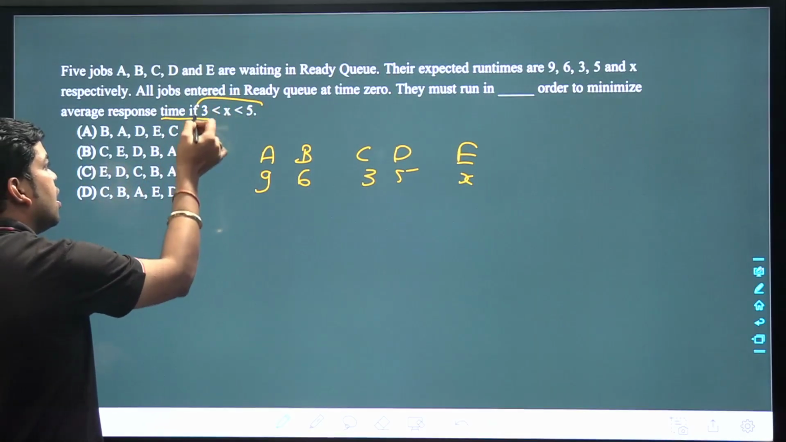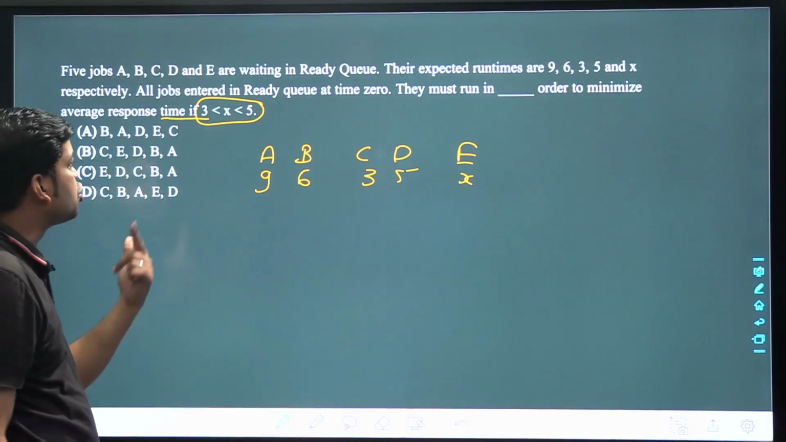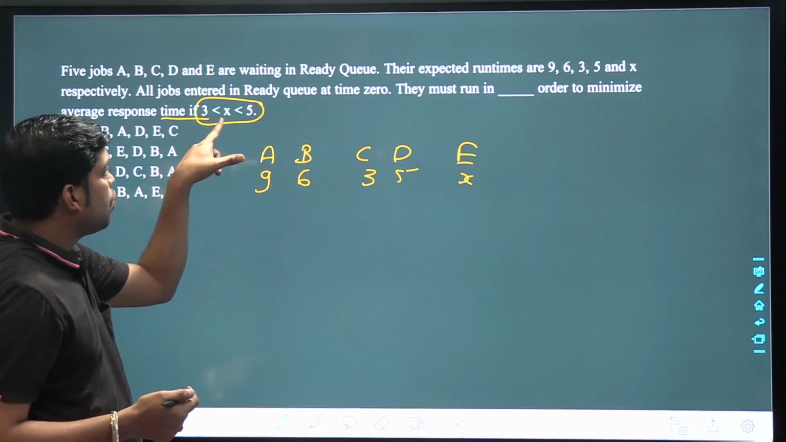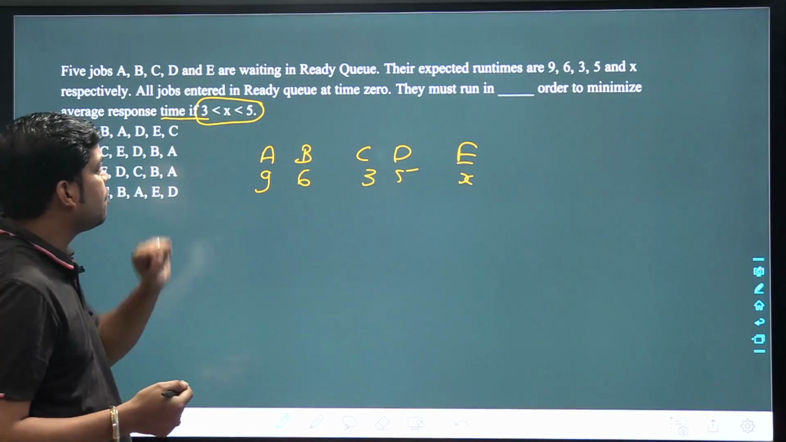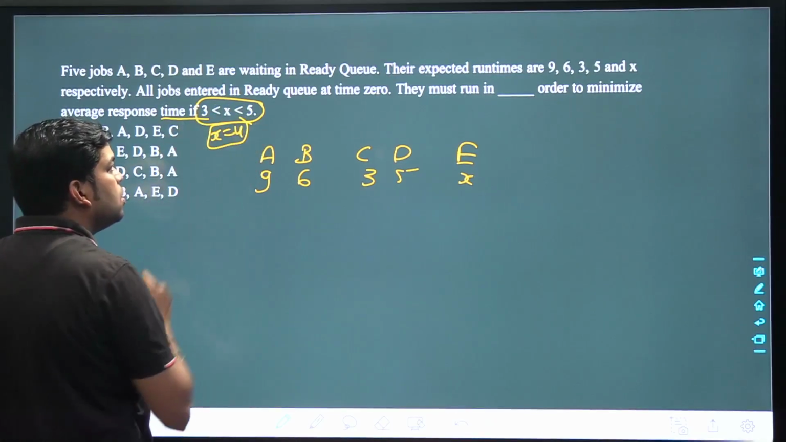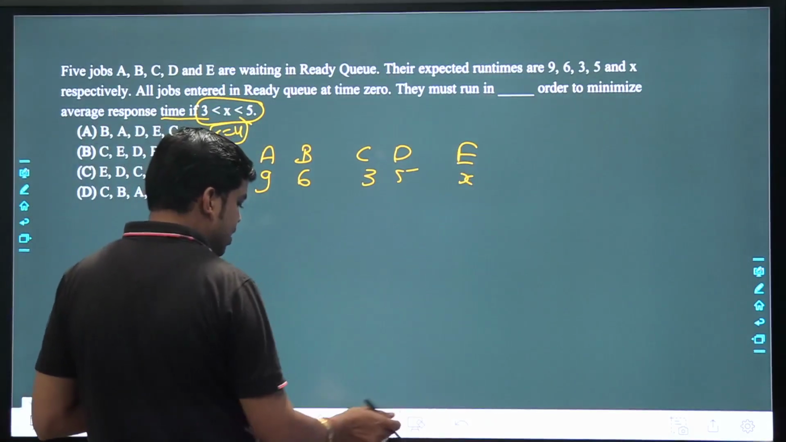If X is to minimize the average response time, it means we want to get a fast response. So X is less than 5 and greater than 4. So definitely the value of X according to this equation is exactly 4. Got it? So when you put the value of X equal to 4 here,